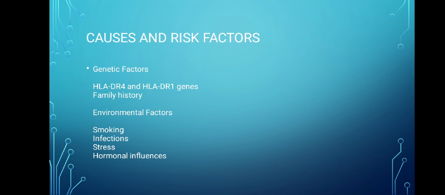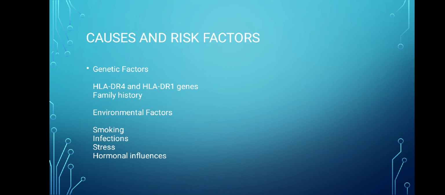Genetically, many patients carry HLA-DR4 and HLA-DR1 genes, which increase the risk of developing the disease. Environmental factors such as smoking, infection, hormonal changes, obesity, and stress can trigger an abnormal immune response in genetically susceptible